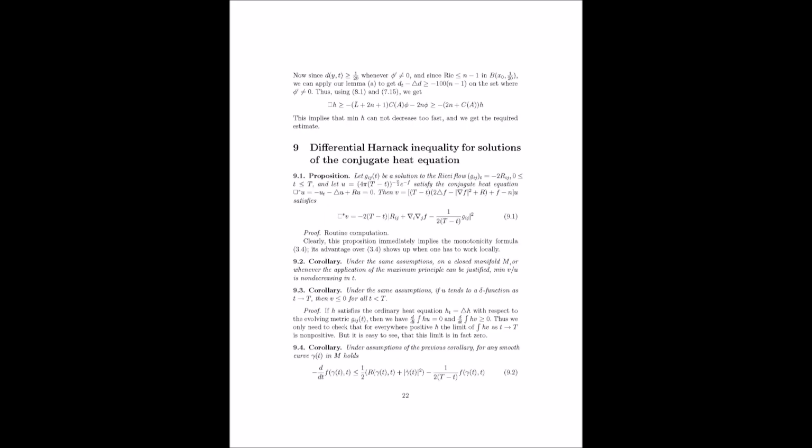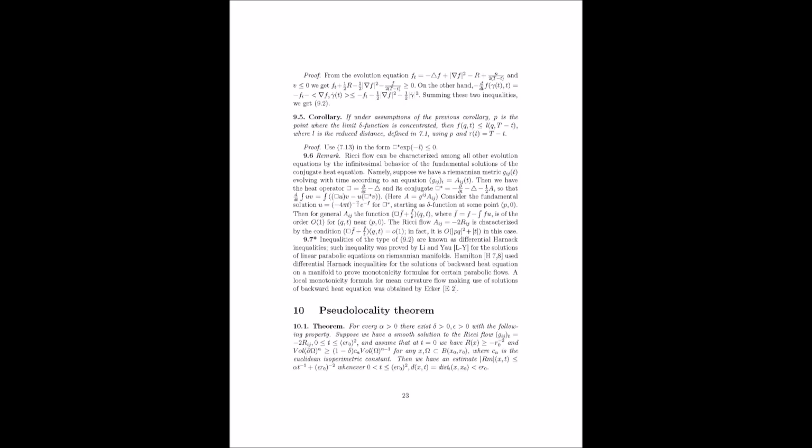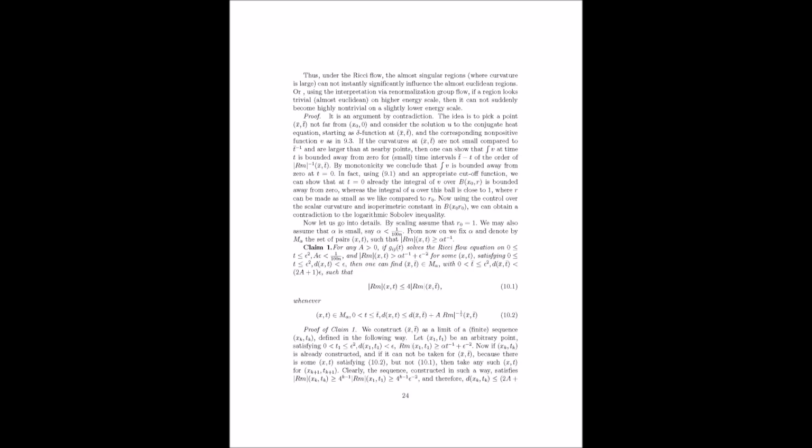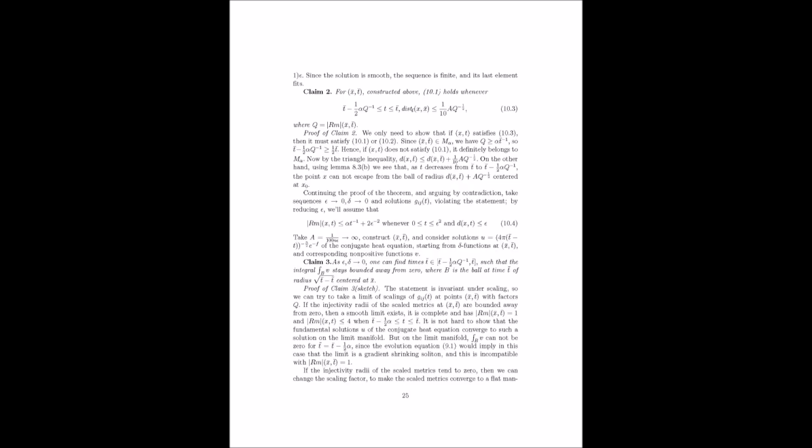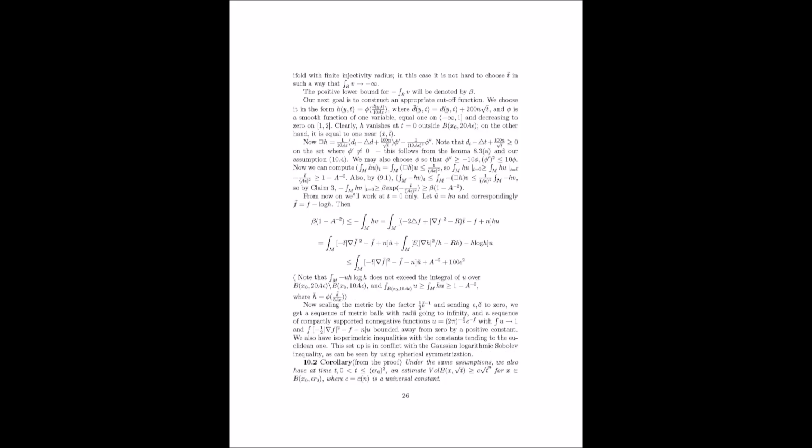Exactly. And this is really important for Perelman's work. He uses it to show that something called the reduced volume always decreases along the Ricci flow. And this decreasing property is super important for understanding how the flow behaves in the long run and for proving the Poincaré conjecture. Wow, we've gone pretty deep into the math here. I'm starting to appreciate how complex and interconnected these ideas are. Yes, definitely. Perelman's work is a beautiful blend of geometry, analysis, and topology. It's this combination that makes his work so groundbreaking.